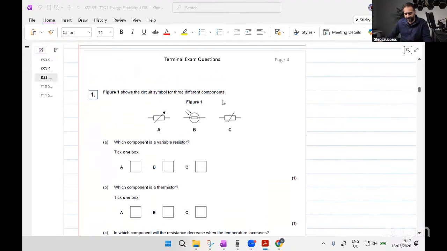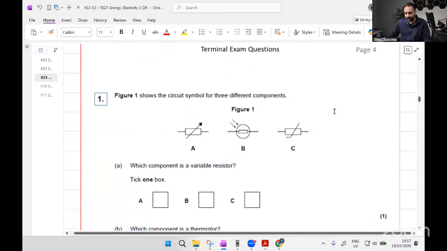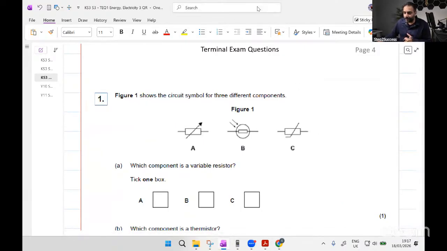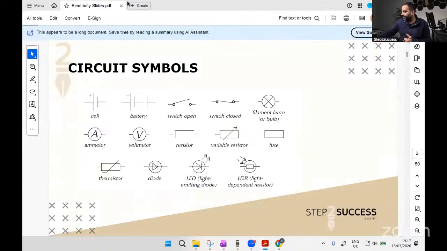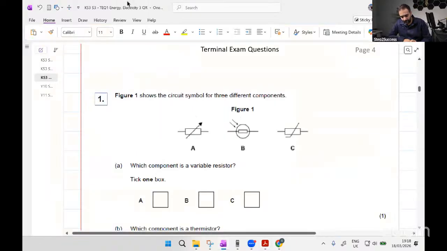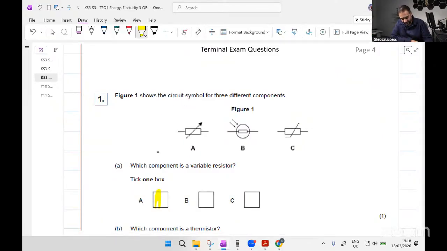Which component is a variable resistor? Okay, so if you didn't do this in the lesson, then unfortunately you should have done. But as I say, these circuit symbols that you are looking at right now are what you just have to learn. There is no other fancy way to say this to you other than learn them, and then those questions become really straightforward. So when it says what is a variable resistor, it is this one over here. So A,